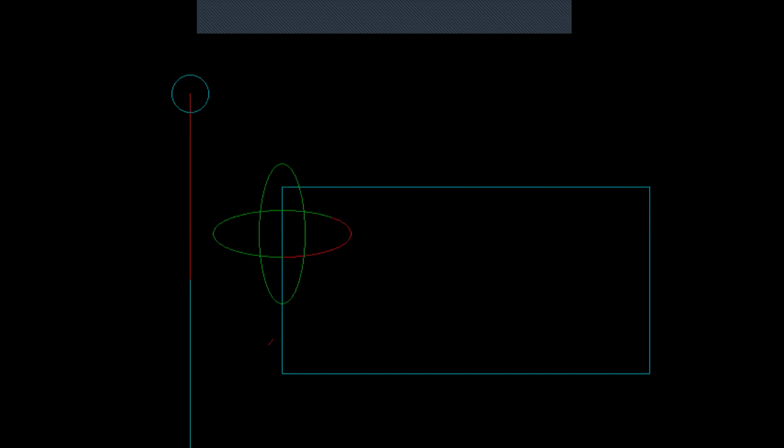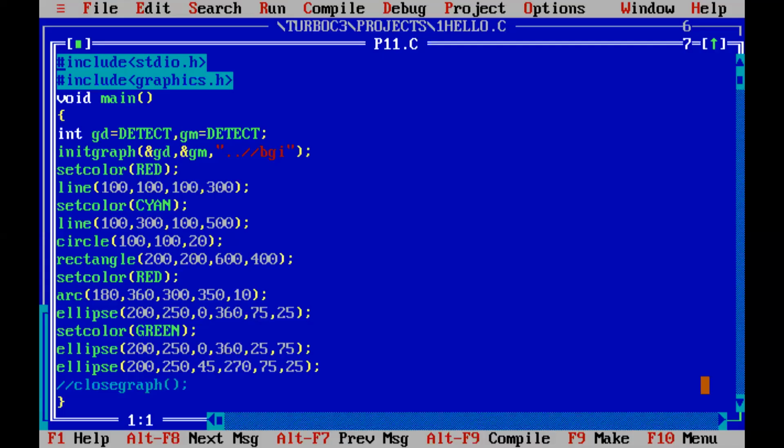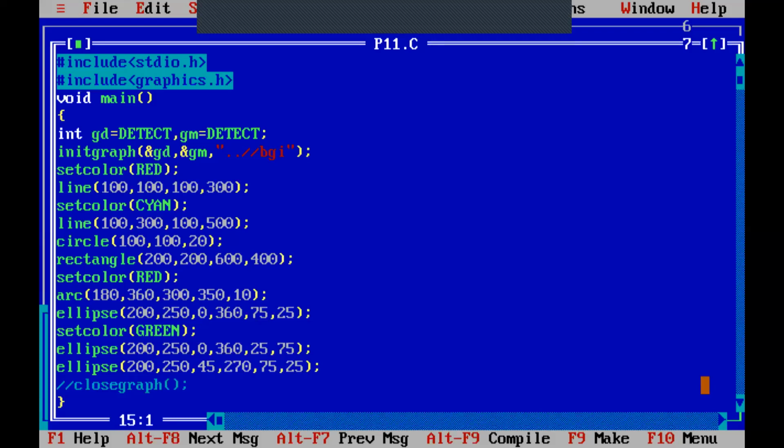Okay, so this is how we have done it for many shapes. Now my question was, how to draw a triangle? Because triangle is not an inbuilt function supported by the graphics.h header file. If I want to draw a triangle, then what should I do?